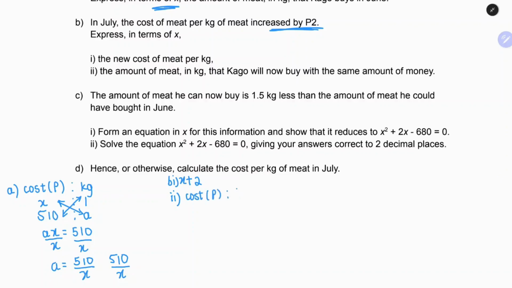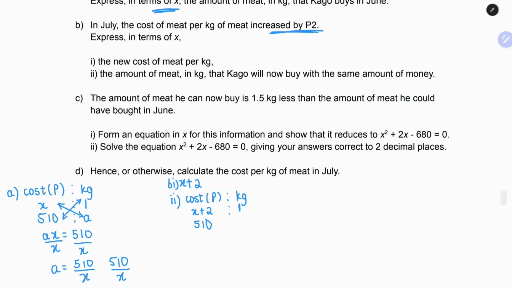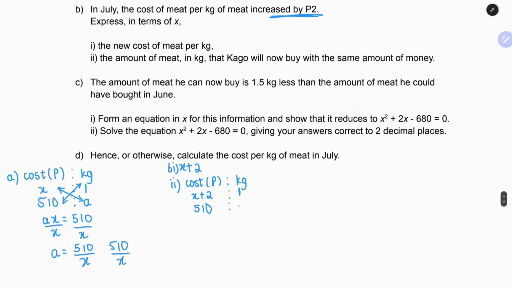Cost in Pula is to the kgs, right? And if X plus 2 this time, because the cost has now increased, can buy 1 kg of meat, 510 Pula, since it's saying how much can Kaho now buy with the same amount of money. So 510 Pula is equal to,